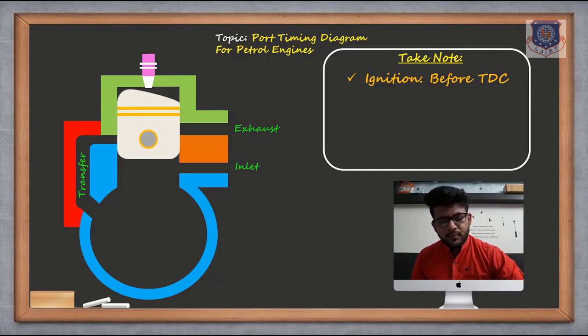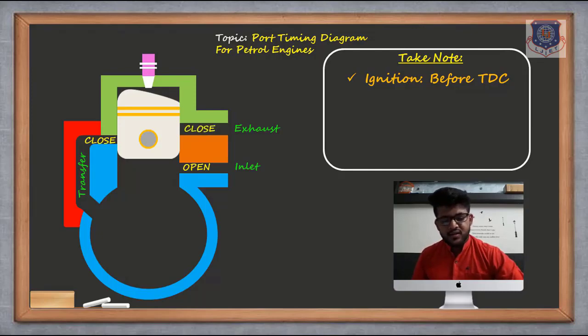Now what will happen? The piston is exactly at TDC. In this case you can clearly see that the inlet port is open, the transfer port is closed. Yes, exactly, it is actually closed by the piston. Fine. When the piston moves up, it is closing the ports, and when it is going down, it will also be opening the ports. So in this picture, the inlet port is open, the transfer port is closed, and the exhaust port is also closed.